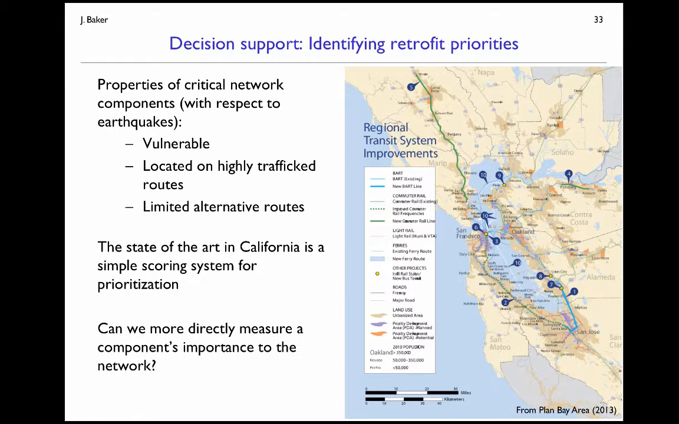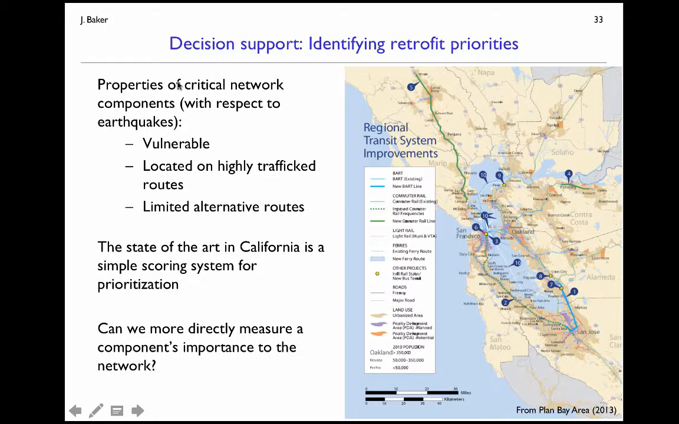The other thing that happens all the time is planning of retrofit or upgrading of the network. Here's another figure on the right from Plan Bay Area, noting with these numbered icons places where upgrades of the transit system are already planned. These are ongoing. They've already happened significantly for seismic retrofits over the past few decades in California. And when we're thinking about seismic retrofits,